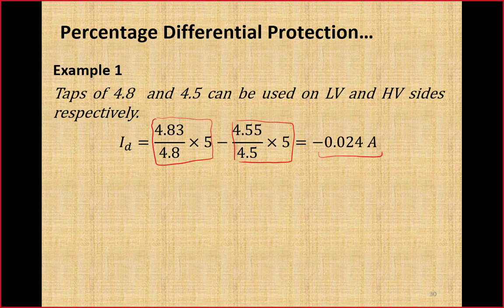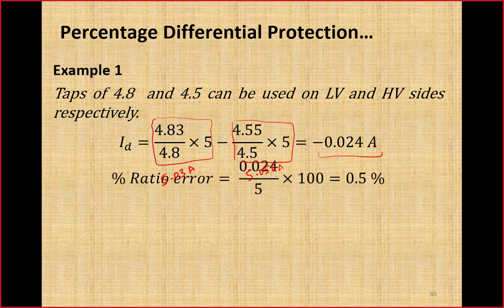Now if I evaluate these two currents, here we get 5.03 ampere and this current is 5.056 ampere. Okay. So now these two currents are very close to each other. If we calculate this current in percentage, the percentage error in difference current is the difference current divided by the base value of 5 ampere into 100, that is just 0.5%.